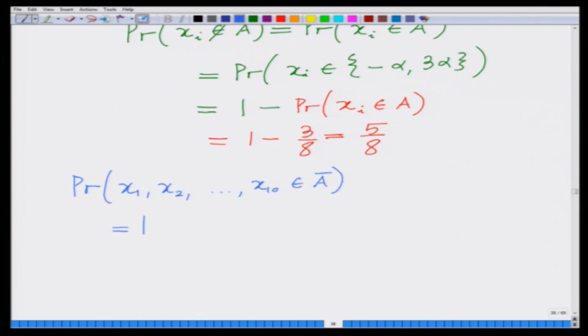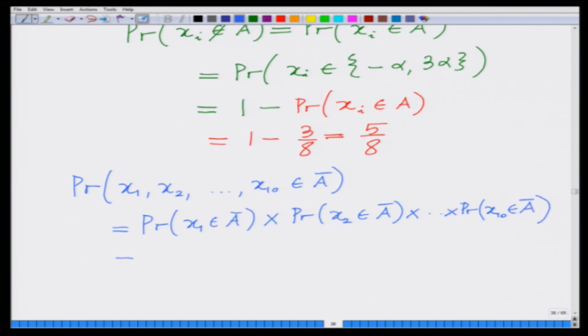Since x1, x2 up to x10 are independent, that is simply the product of the probabilities: x1 belongs to A complement times the probability x2 belongs to A complement times the probability x10 belongs to A complement, which is equal to